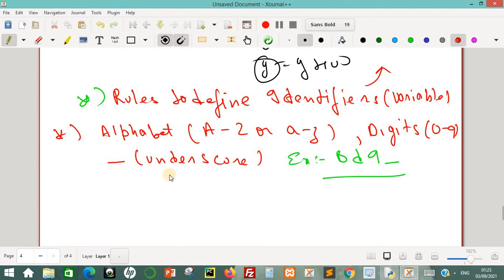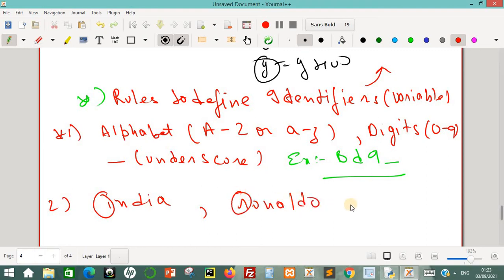This is my first rule. Second rule, the first character. A variable name can have any number of characters. For example, if I take India, this I is my first character. I'm talking about this I. Like this, I'm just taking examples. So the first character